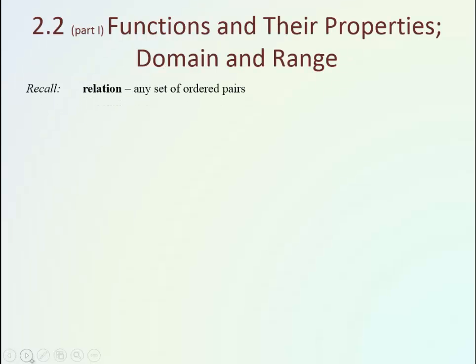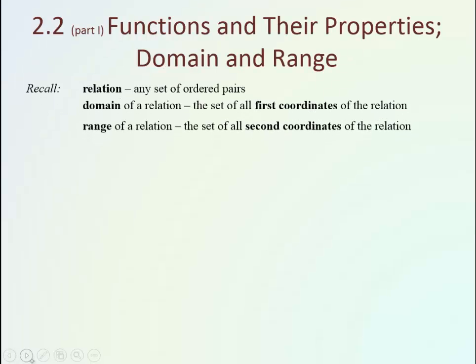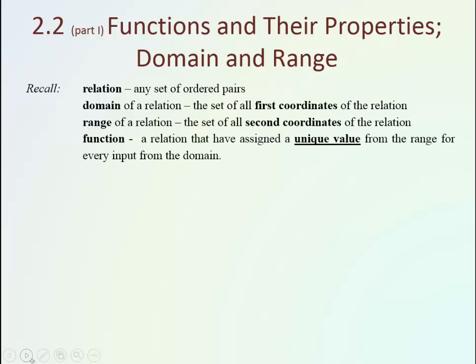In this lesson, we're going to talk about properties of functions, including domain and range. Let's recall what a function is. Well, a function is a relation. So, what's a relation? A relation is any set of ordered pairs of numbers. So, any set of points in the system of coordinates represents a relation. So, if we have a system of coordinates and a relation that consists of, for example, these 3 points, we can